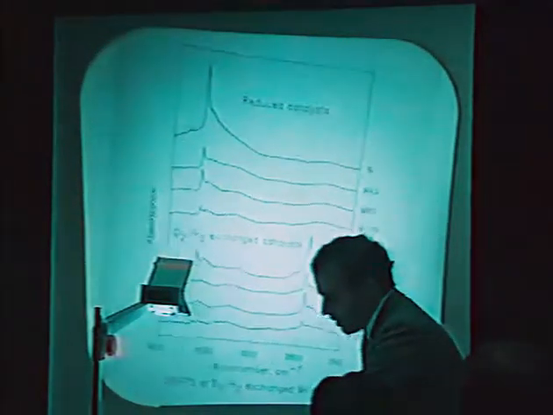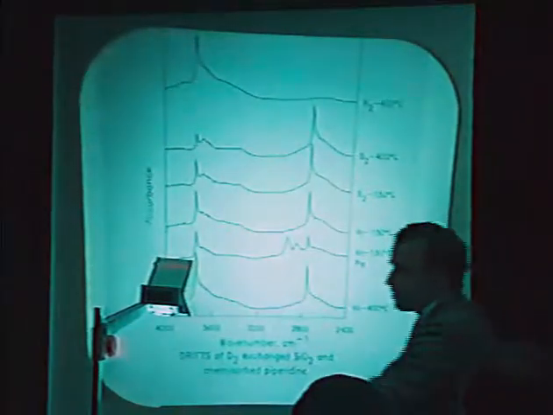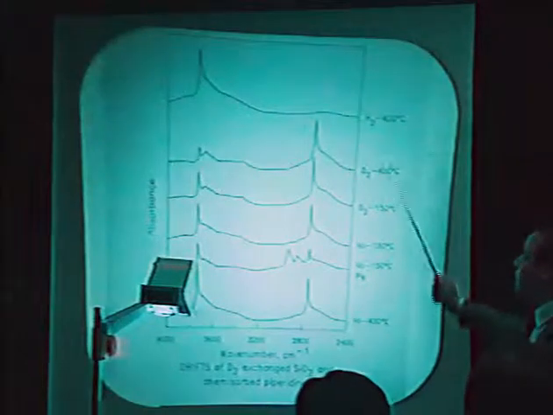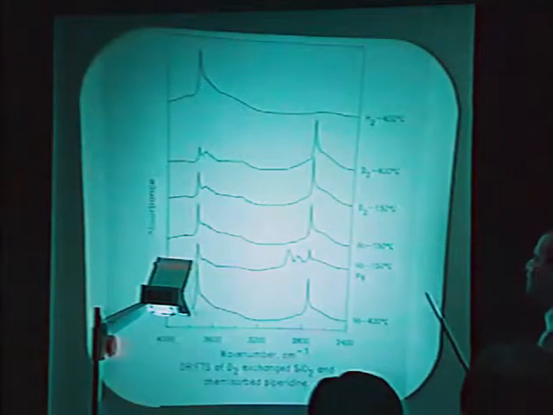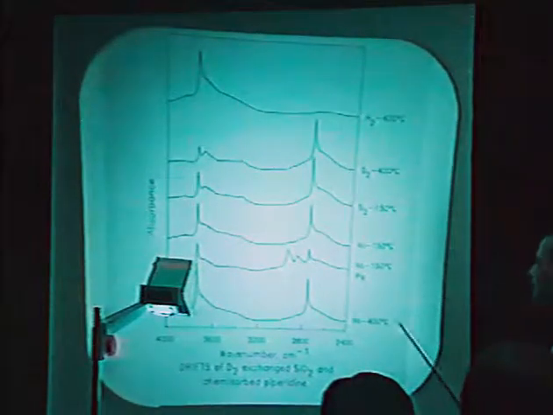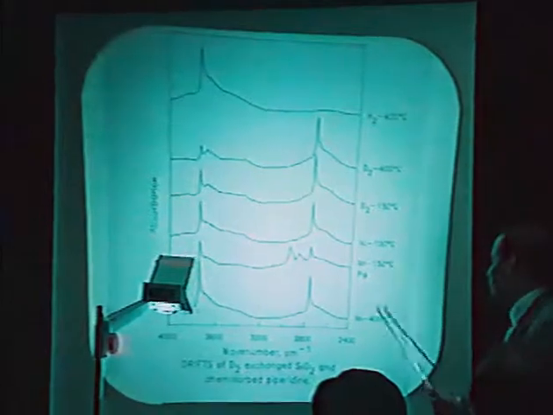So now, going into our experiment, we took a pure silica, flowed it with hydrogen at 400 degrees, exchanged with D2 at the same temperature, reduced the temperature, applied vacuum, sent a pulse of piperidine under vacuum, and then raised